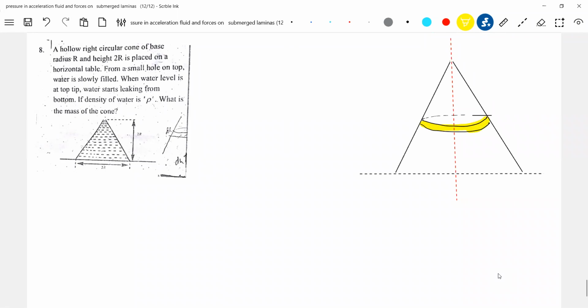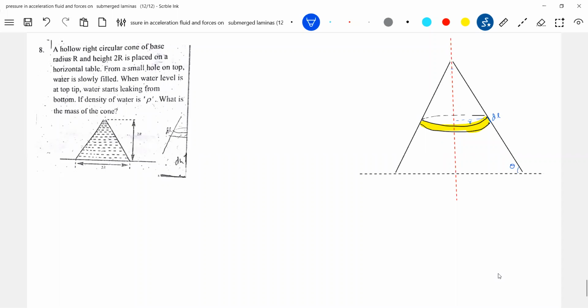Able to see this? How the liquid will exert a force. So let me assume some mathematical assumptions. Let this be theta. Let the radius of this be R. Let this surface be dl. Theta, theta. And I'll go for this is theta. How the liquid will exert a force?